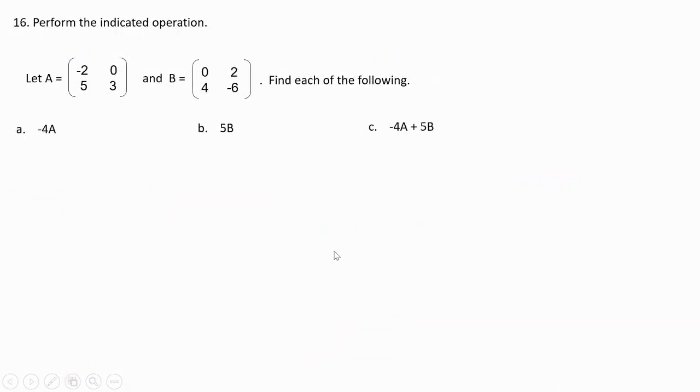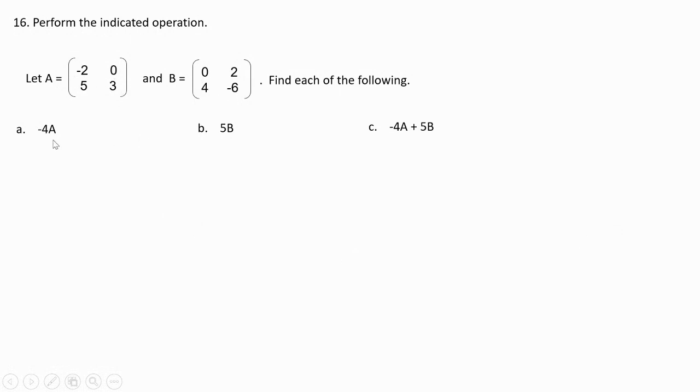Okay, now we're doing multiplying matrices. I know that I already passed my time, but I'm going to go a little bit extra, guys, because it's very important for you guys to be exposed to almost every possible problem that might be on the final. So here I'm going to do operations on matrices. So this is matrix A is -2, 0, 5, 3, and matrix B will be 0, 2,